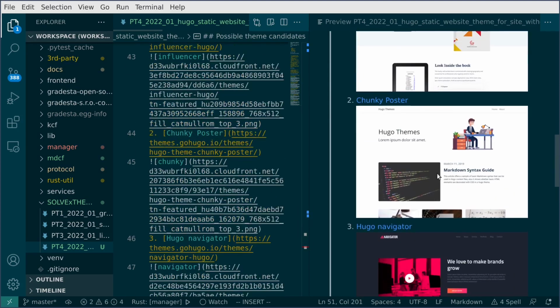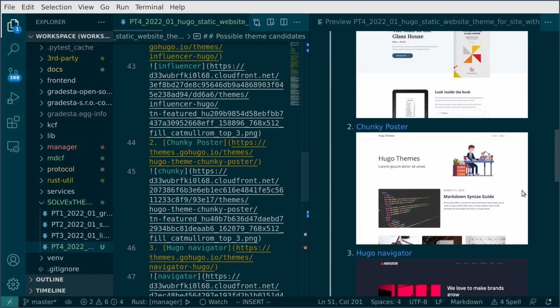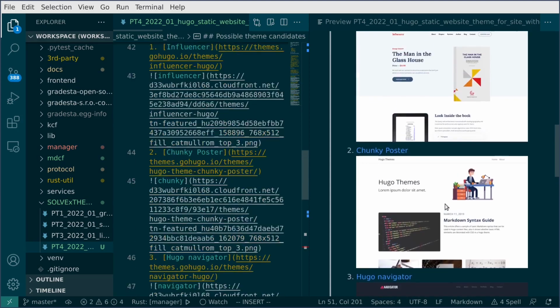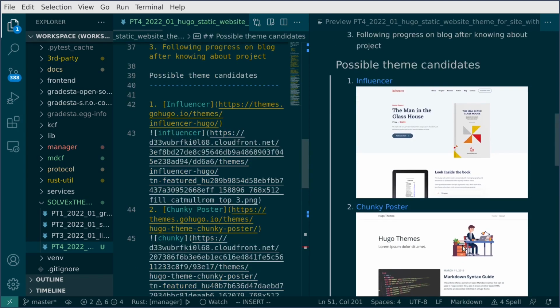Chunky Poster has this very personal feeling to it, and I guess that would potentially dissuade some button-up shirt type people. So I think that this is out. This might also be out. This looks really nice, and it kind of,